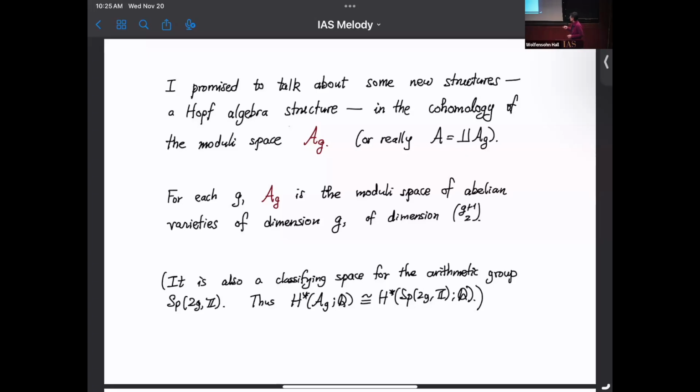In this case, pi1 is the symplectic group, Sp2g(Z), the group of invertible matrices of size 2G by 2G that preserve a particular fixed alternating form. So the story that I'm telling is a story about the cohomology of moduli spaces like AG, but definitionally it's also a story about the cohomology of groups like Sp2g(Z)